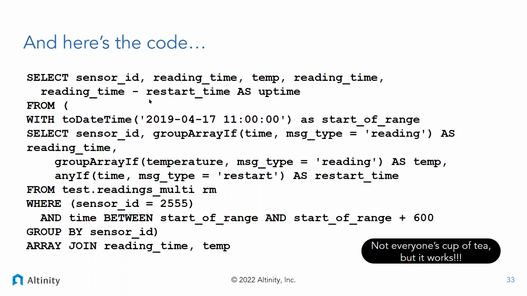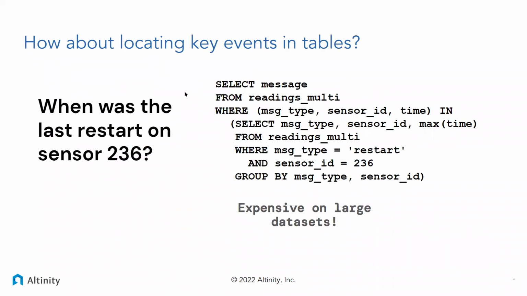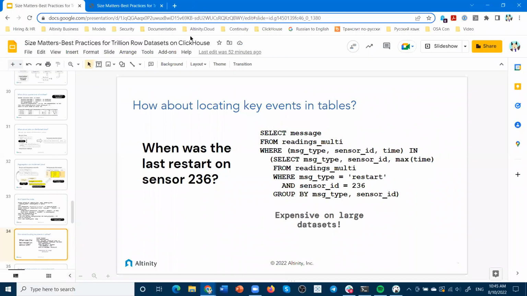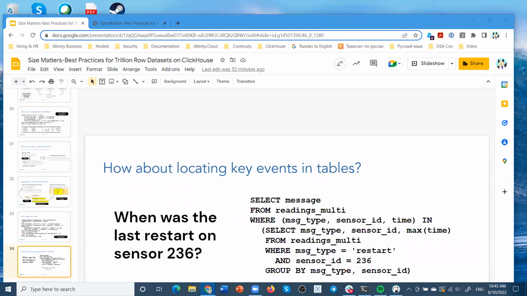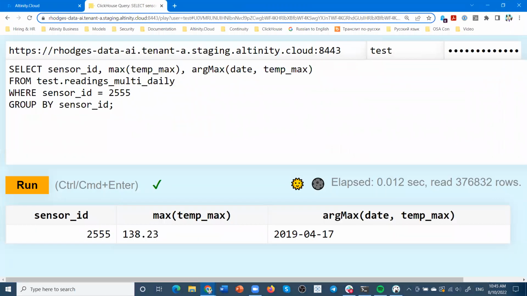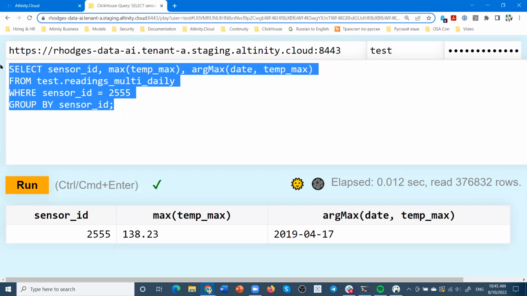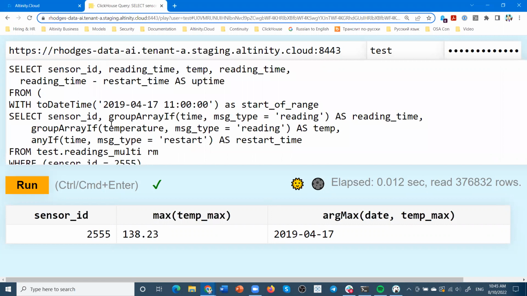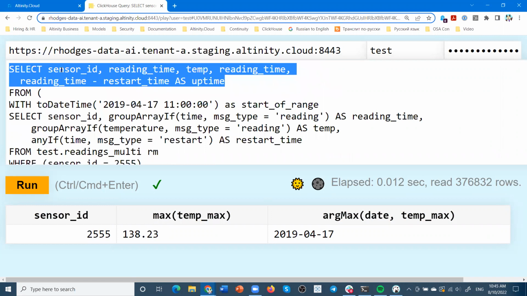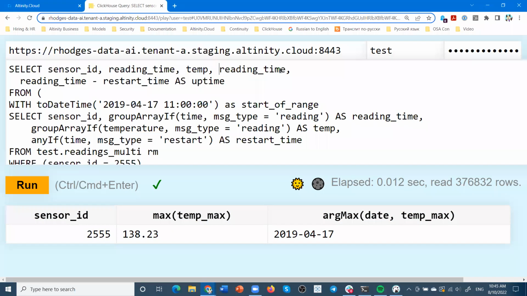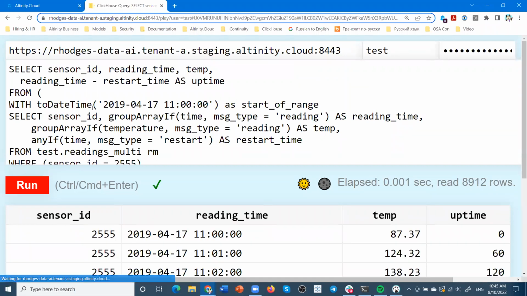And let me just demonstrate that, because we can go back to our demo. Let's just run that query just to show that this really does collect the data that we expect. So I'm going to grab that code and we're going to put it in here, and there it is. So we have our arrays, we're basically getting the sensor, the time that the reading was done, the temperature. Oops, we got reading time twice. Let's remove that. Go ahead and run this query.